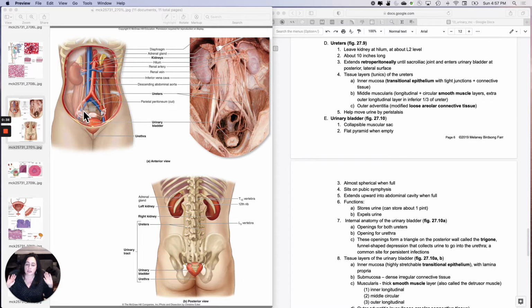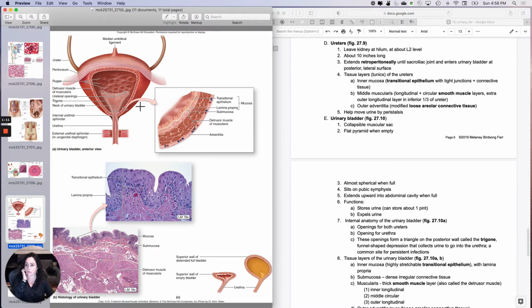And since the kidneys start out retroperitoneal, so do the ureters. And they run retroperitoneal until about the sacroiliac joint, which you're seeing right here. And then they dip into the abdominopelvic cavity as they run toward the urinary bladder. And they enter the urinary bladder on the posterior lateral surface. So this is an anterior view of the urinary bladder, and they're going to come in on the back side